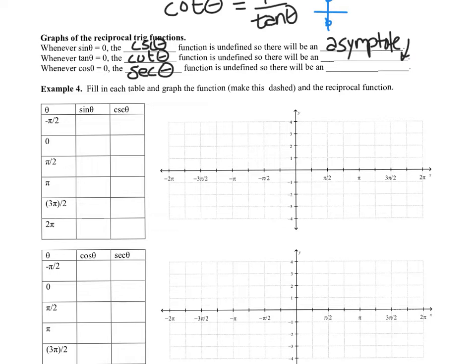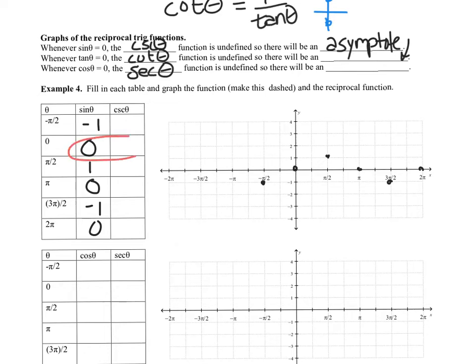So sine of theta at negative pi over 2, the value is negative 1. At 0, it's 0. At pi over 2, it's 1. At pi, it's 0. At 3 pi over 2, it's negative 1. And at 2 pi, it's 0. So that means